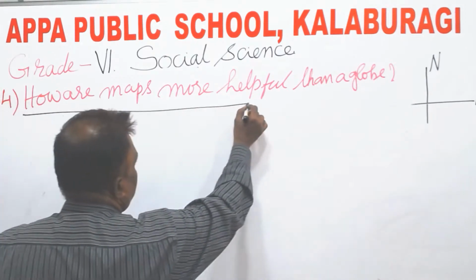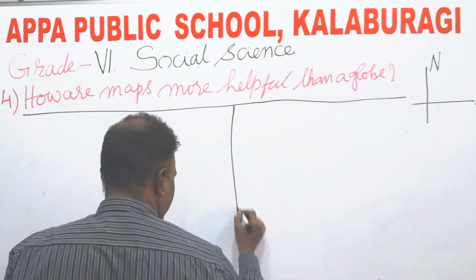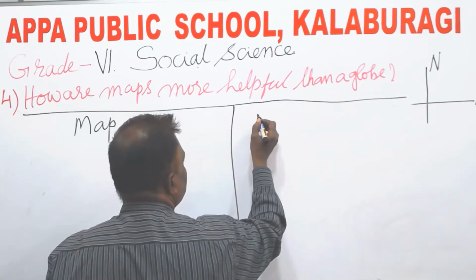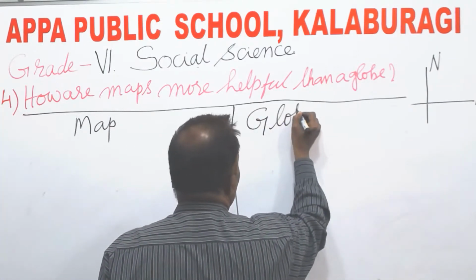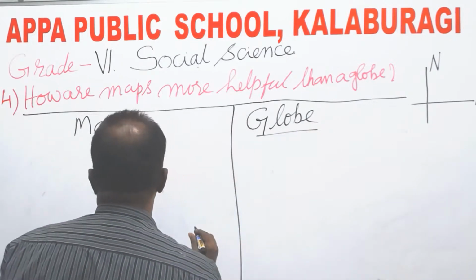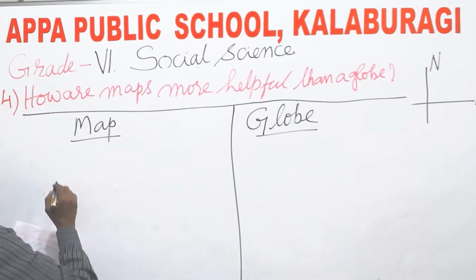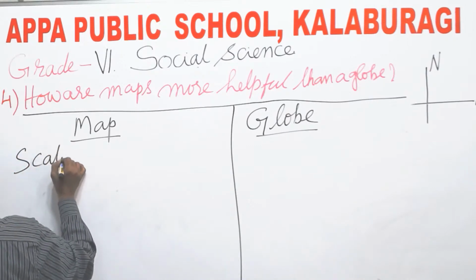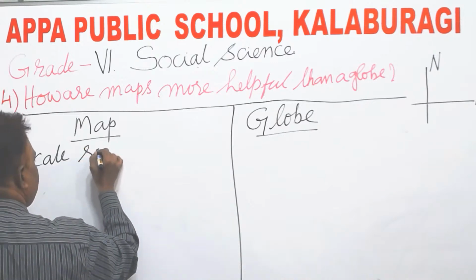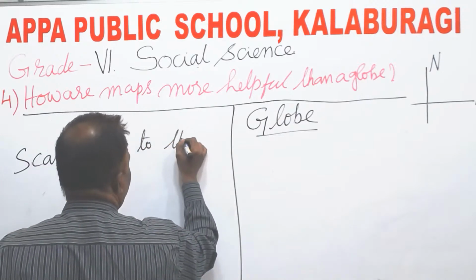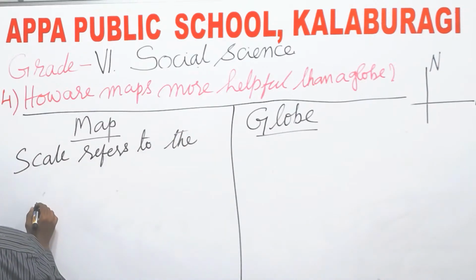Here I want to make the difference. Here it is a map, here is a globe. Right? So that you can understand. Map and globe. Here map scale refers to the relationship